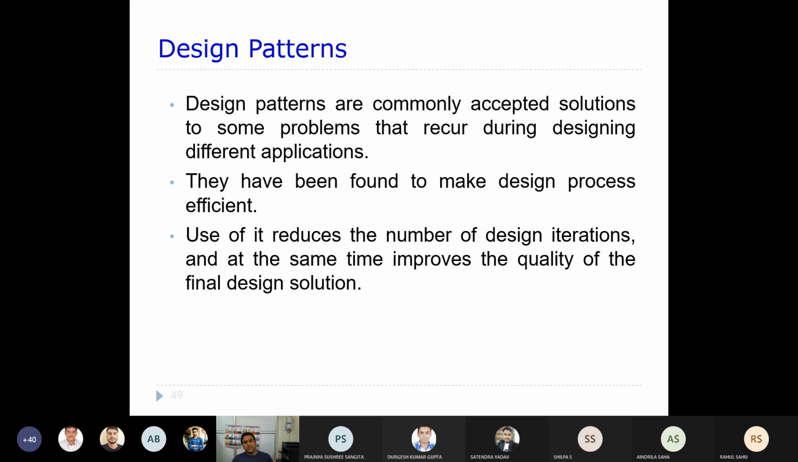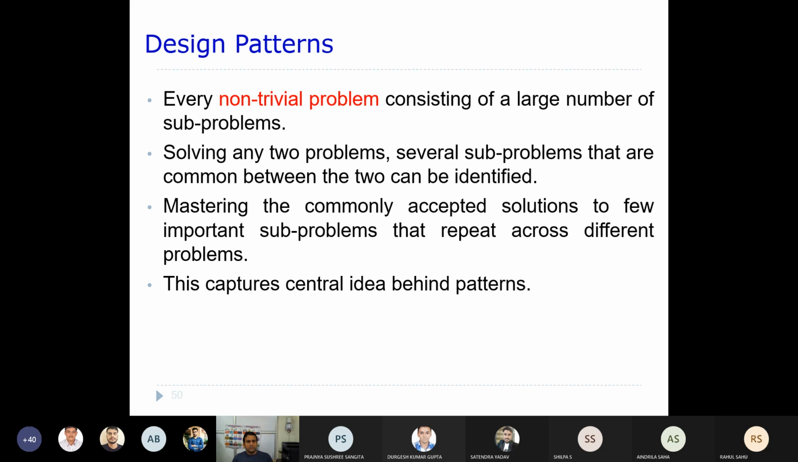So this actually helps in reducing the number of design iterations. It's something like this: if you have a non-trivial problem, usually a non-trivial problem consists of a very large number of sub-problems. If you have a very difficult problem, you have a very large number of sub-problems, also difficult ones. And usually when you solve some of these problems, maybe you take any two problems, if you solve them,